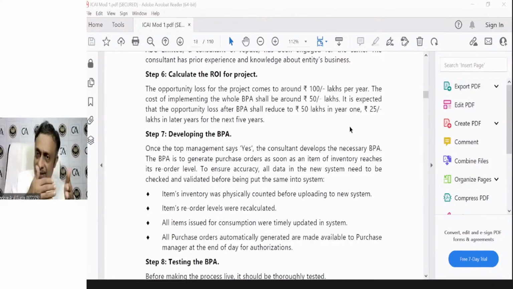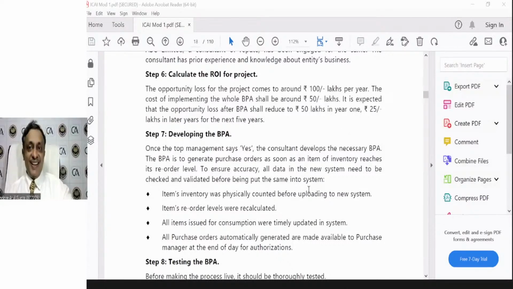So this is called a system changeover, system migration. You had a manual system, now you're going to a computerized system. So on the date you change over, these are critical activities to be done on that date. Valid inventory checking and updating, because now it is system driven. So opening inventories have to be created very carefully. These exercises have to be done.